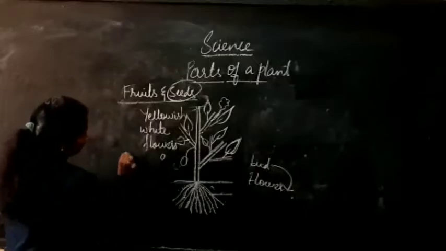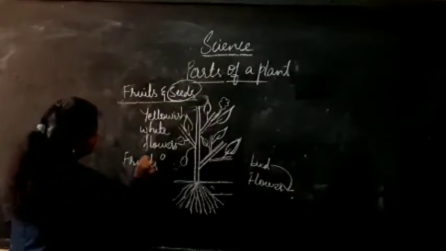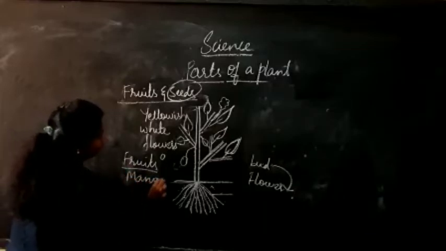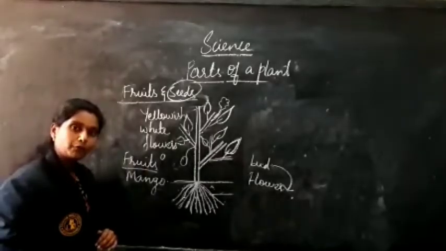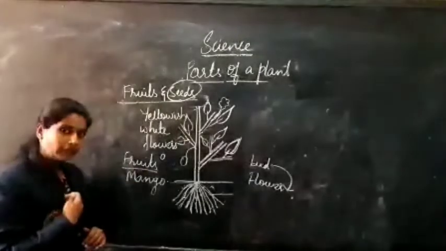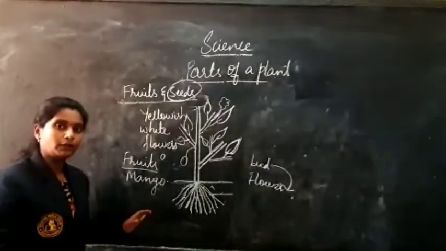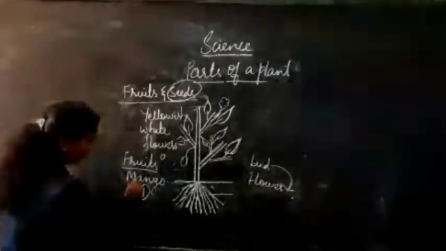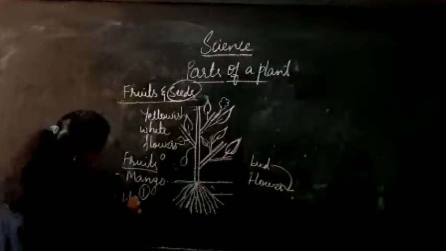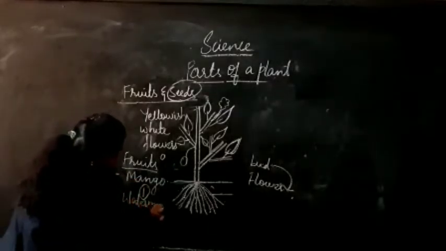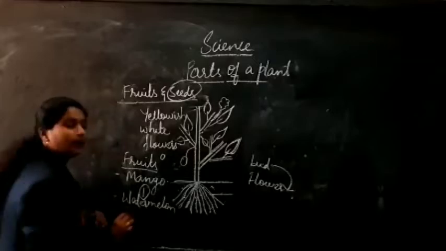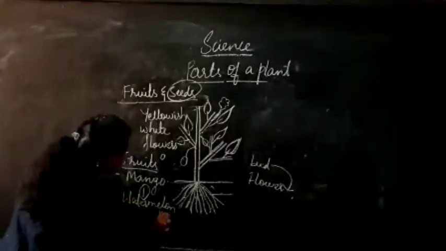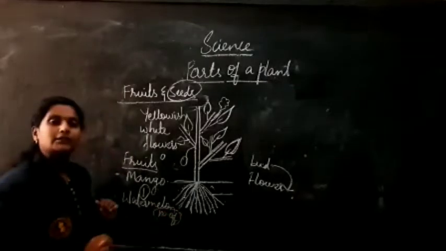So some fruits like mango. If you take a mango fruit, how many seeds does a mango fruit have? We are not eating the seed of the fruit, no, we are throwing that. So it has only one seed. And coming to the watermelon. Watermelon, if you see, there will be black color and white color seeds. So a number of seeds will be there.